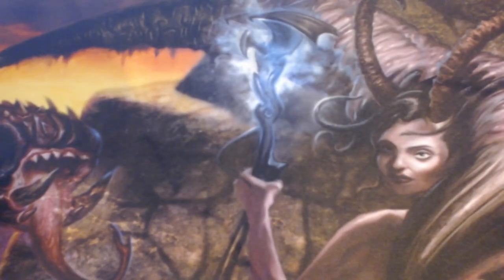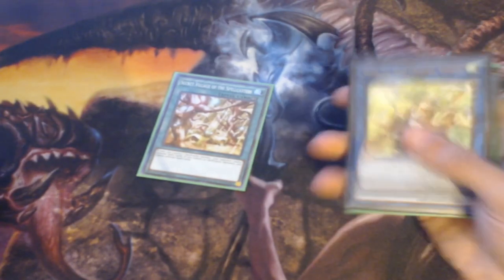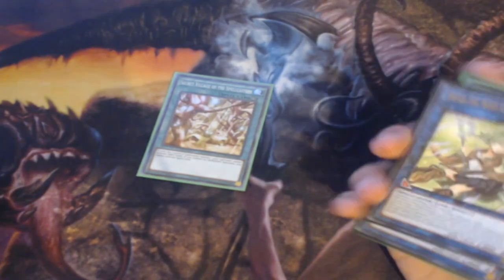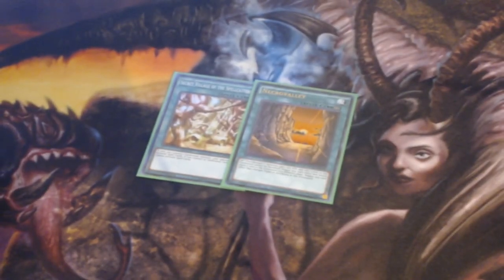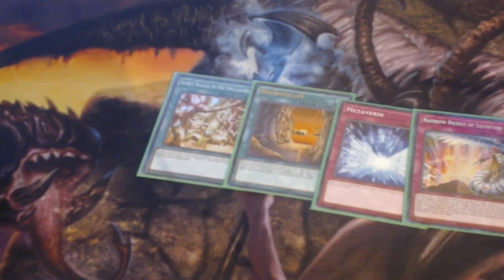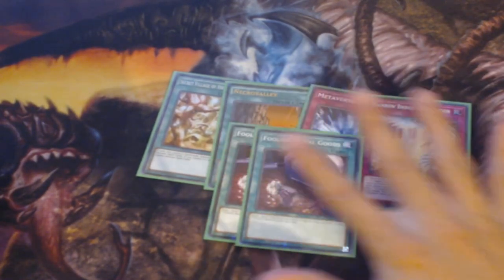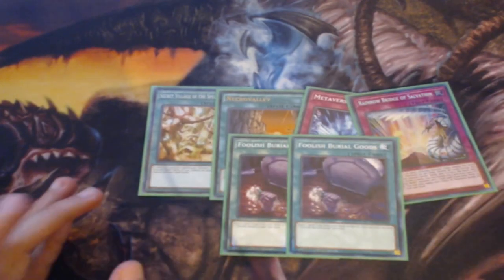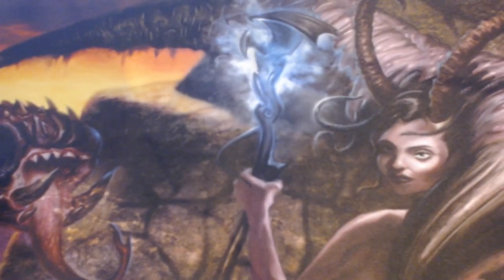Cosmic Cyclone. Back row hate. And here's the more spicy tech. Secret Village of the Spellcaster goes well with the 2 link 2s we have here, since they're spellcasters. And Necro Valley. These 2 can be gotten out with these 2 traps, Metaverse and Rainbow Bridge of Salvation, which you're most likely going to be going into, since we also play 2 copies of Foolish Burial Goods. And that rounds up the side deck